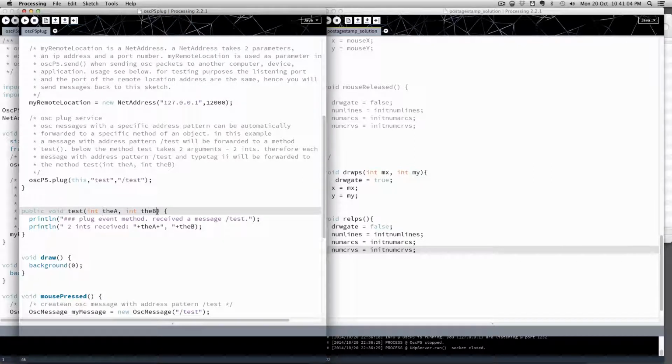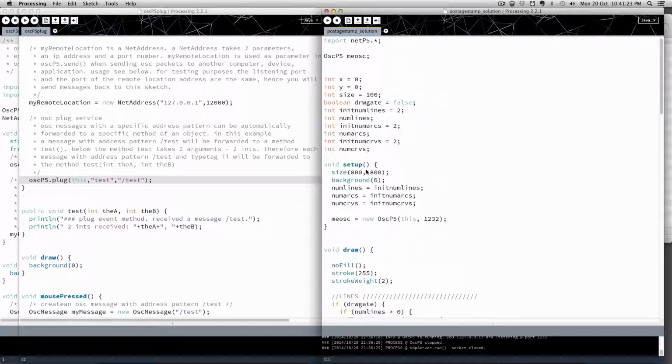If it's a float and integer, it'll throw an error and say, no such function exists that's looking for an integer and a float. So it's very specific. Okay, and then it just runs whatever's in there once it receives that OSC message. And this will become more clear when we actually get our sender. Okay, but let's copy that